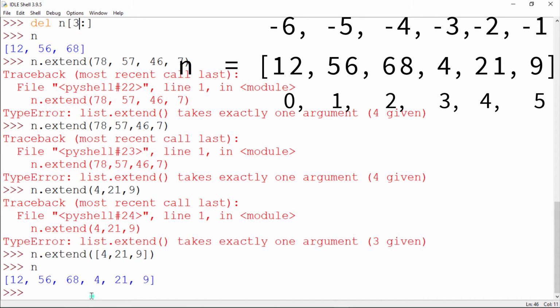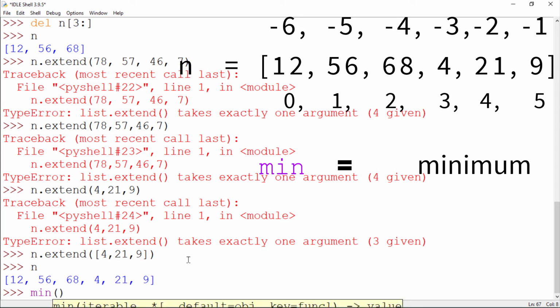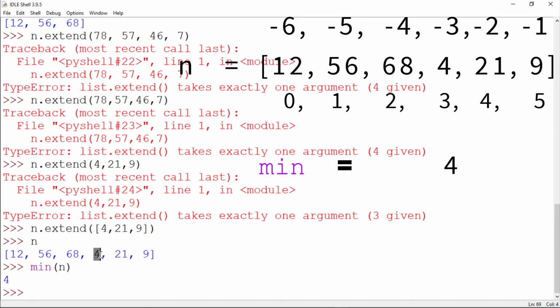Here we can also use here for asking the biggest number, we can ask for smaller number. So let's see here. Now we want to ask here the smallest number. Now what we are gonna say here, I will say here min, say here round brackets, and then say here the list variable, here is n, and then print here. So here absolutely it gave us the right answer. Now let's find out the biggest number. Now here the biggest number is 68.